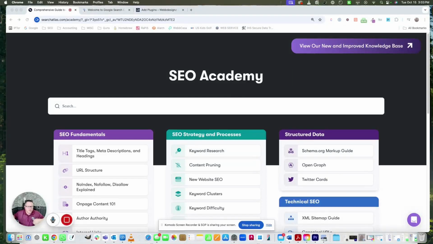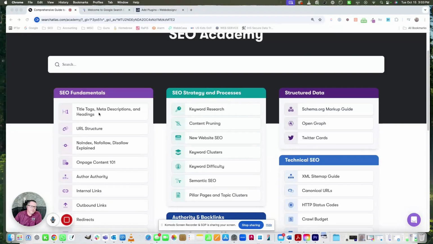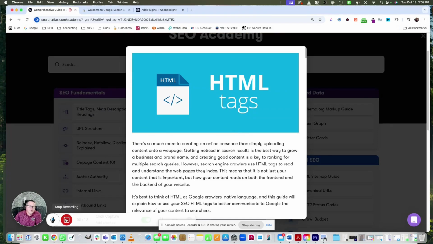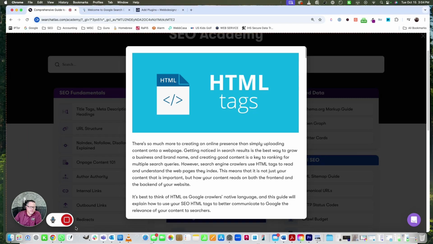Okay, hey everybody, this is Brian Webb with WebbDesignz, and I wanted to take a minute to try to show you a little bit about what people are referring to when they say the HTML, like title tags, meta descriptions, and headings. So HTML tags are,